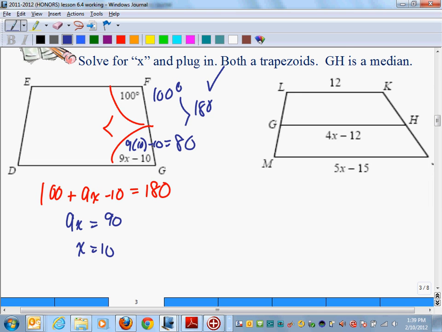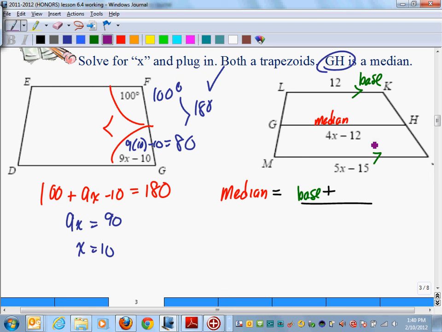We have 2 minutes left. This says GH is a median. I'd like you to write the word median. Now, write the word median here. Now we're going to write the equation for median, which is just the average of the bases. The bases are the parallel sides. So we have base plus base